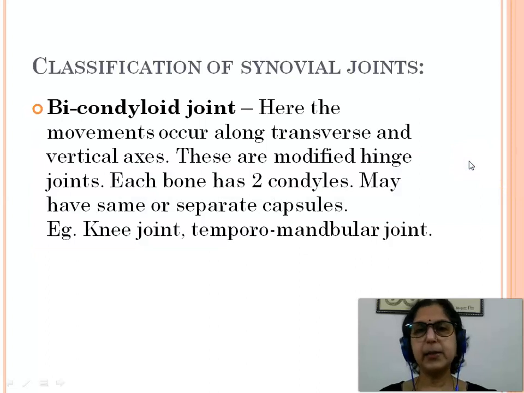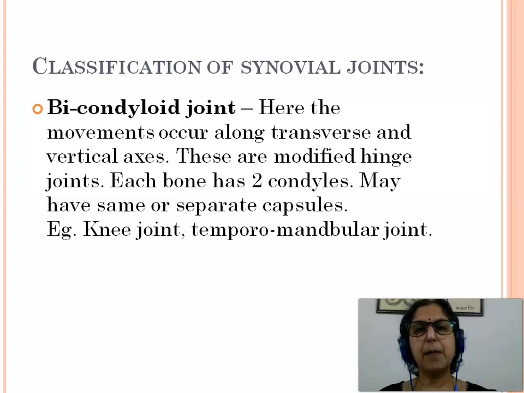Next we go on to study the bicondyloid or bicondylar joint. Here the movements occur along transverse and vertical axis, and these are modified hinge type of joints. Each bone has two condyles, which may have the same or separate articular capsules. Example being knee joint, wherein they have the same articular capsule, two condyles of femur articulating with two condyles of tibia enclosed by a single fibrous capsule, whereas temporomandibular joint, where there is the head of mandible articulating with the